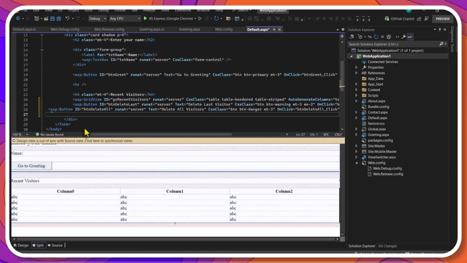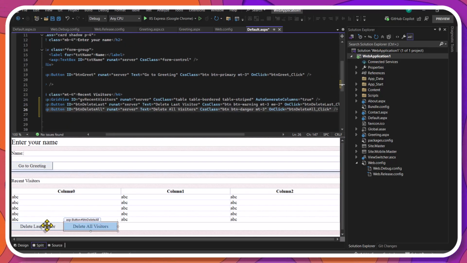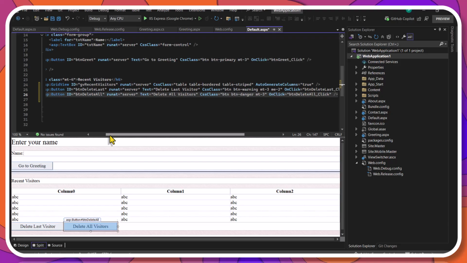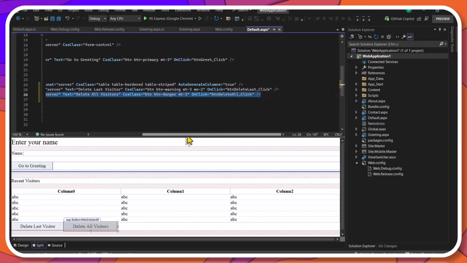We can include the two control buttons in the page, and we can add the code to both event handlers as the code shows.